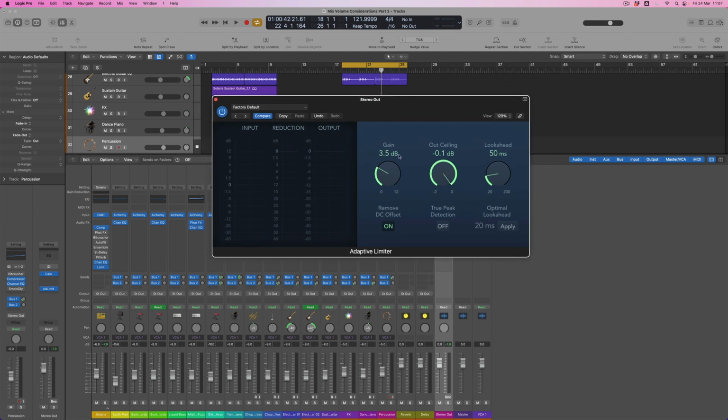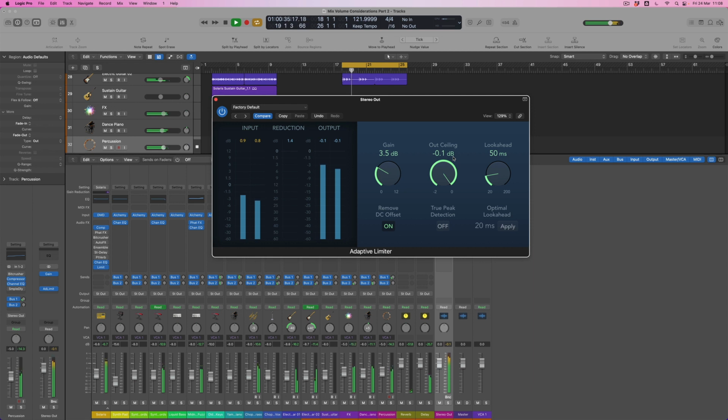So I'm turning up my mix by 3.5 dB, and I'm setting an output ceiling of -0.1 dB, a tenth of a dB below 0. Let's have a look and see what happens. Okay, remember,